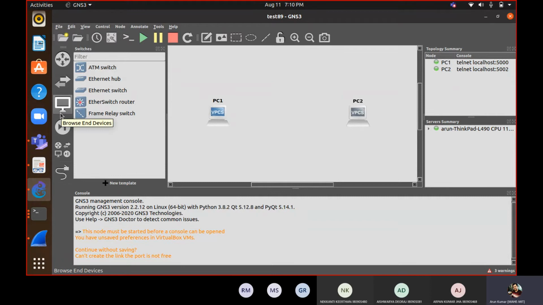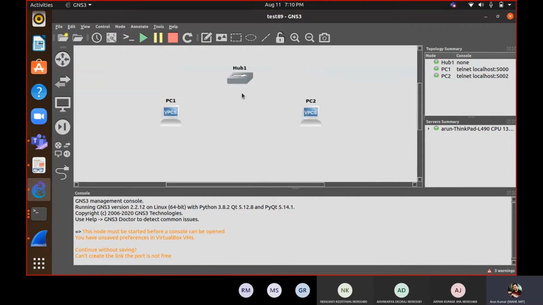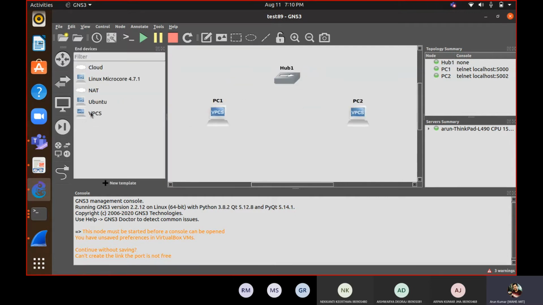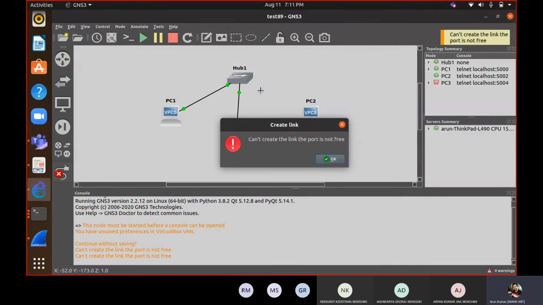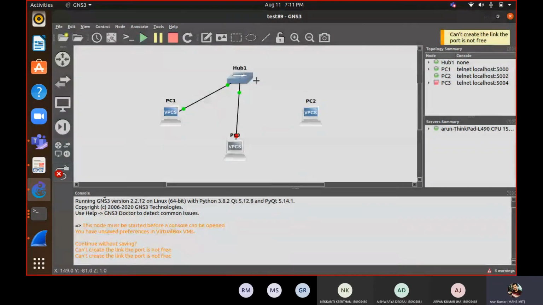So these are two devices, same two devices. And instead of connecting them through a direct link, we'll connect them through an Ethernet hub and then see what will happen. Not only that, we will take one more device, and now we will start connecting them. Ethernet 0, hub Ethernet 1 to this, to this.